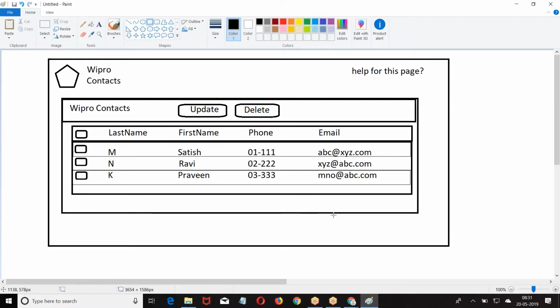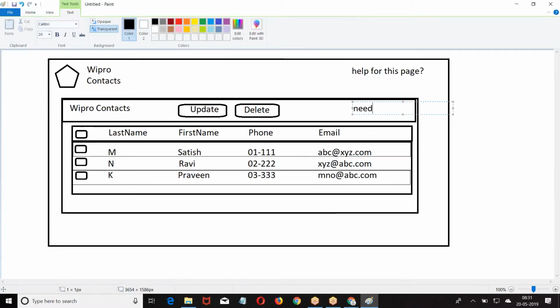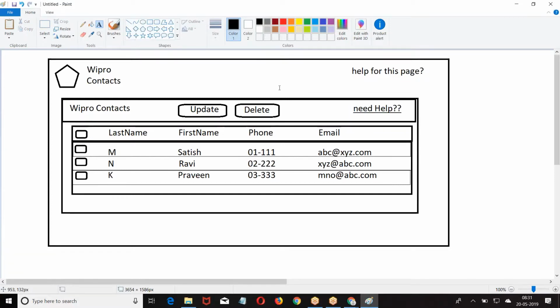So here we have Wipro. What is that Wipro? A particular account. So I want a particular account's contacts to be displayed. I want a particular account record's contacts to be displayed. With respect to the topics we have done, we can do this. You can also put here if you need help.